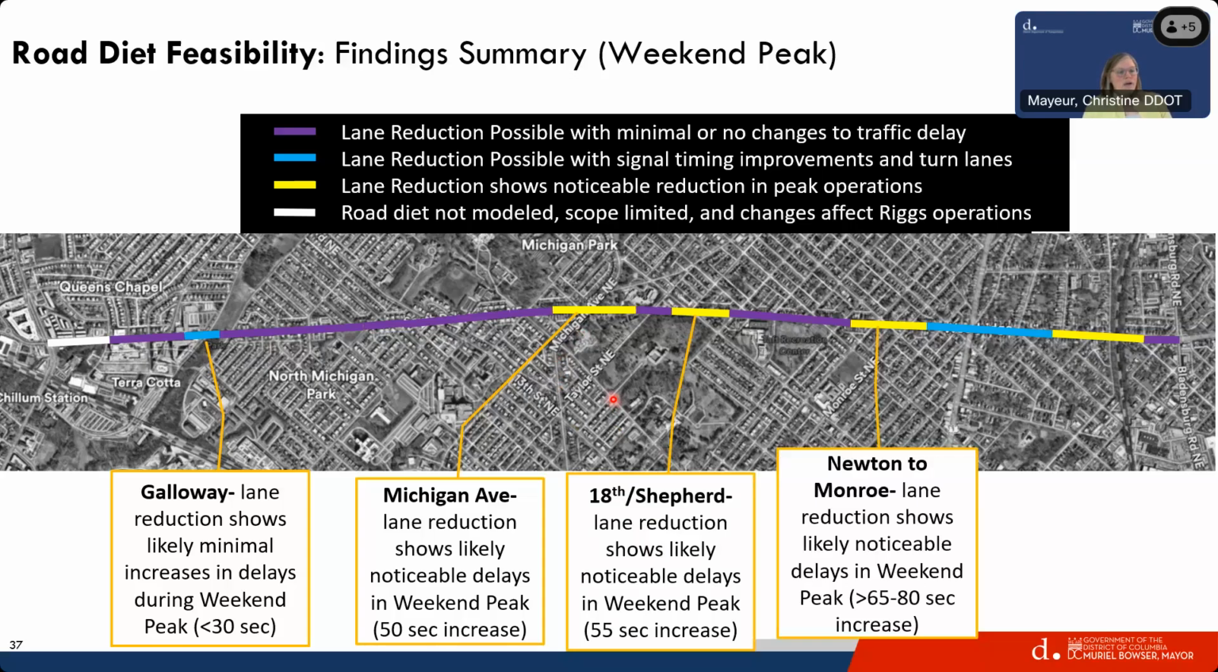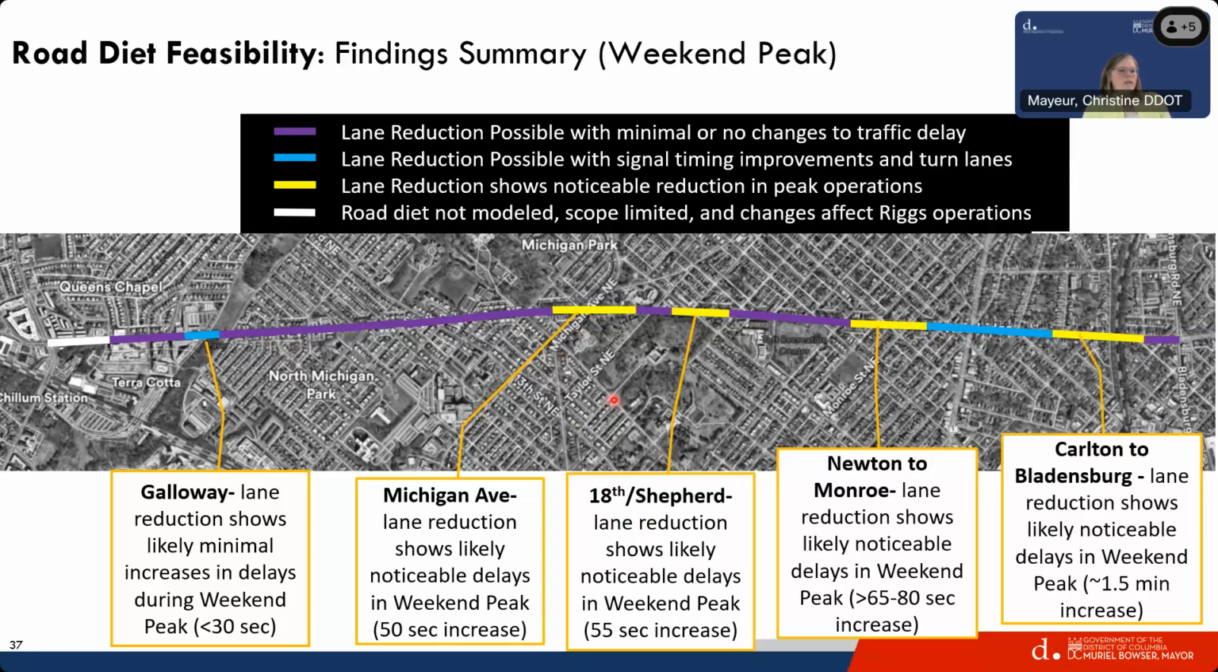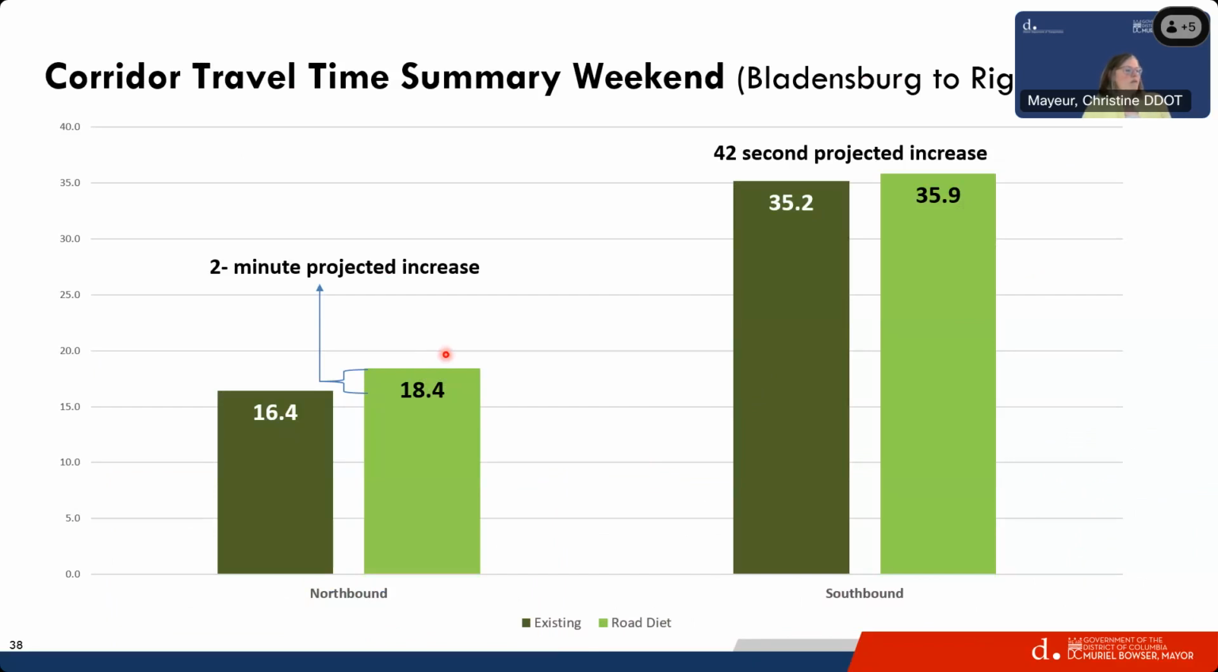Newton to Monroe, that sees one of the highest, about 65 to 80-second increase. And then, Carlton to Bladensburg down here, we see about a 1.5-minute increase. So going through travel time for Saturdays as well on the weekend, northbound, the entirety, we see about a 2-minute projected increase total. And then southbound, because it's congested, as you all probably know, we see a 42-second projected increase